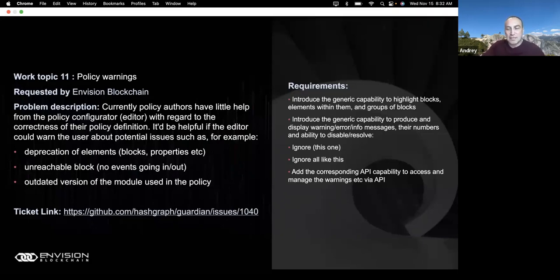But in this particular case, we're talking about slightly milder issues, like in computer science, you've got those concepts, and compilers provide errors, and the errors say it can never work, but warnings suggest it might work in some circumstances, but you might want to pay attention to this because either soon it won't work, like deprecated elements in the policy, or there are some logic errors where you've got elements in the policy, maybe leftovers from your experimentation,